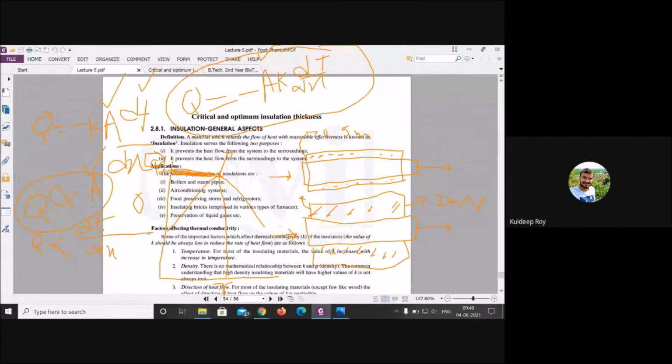But for a heat exchanger or any air conditioning system, boiler or any equipment used in industry, where we want to reduce the transfer of heat by applying some polymeric solution or glass wool or any material to reduce the heat transfer, we will have to apply such material with a thickness higher than the critical thickness. Just keep in your mind, both are different things, but both are related to the critical thickness only.